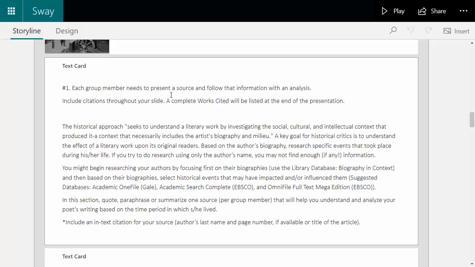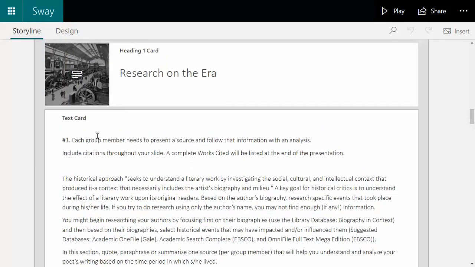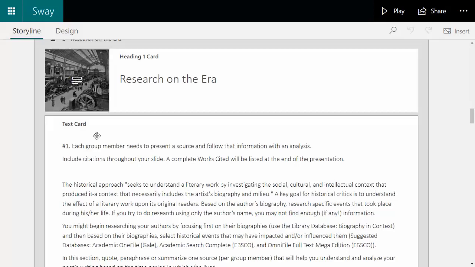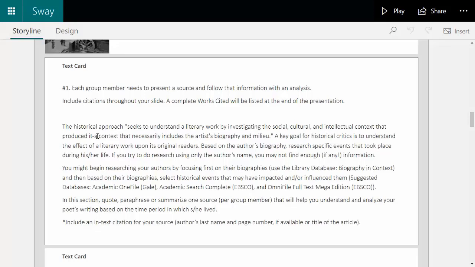So each group member needs to present a source that follows that information with an analysis. You would include in-text citations, and then you would list that source in the works cited at the end. So you're looking at the history of the era, the time period in which your poets lived. So each of you will find a source based on that time period using the HTC library databases, and then use the information from that source to